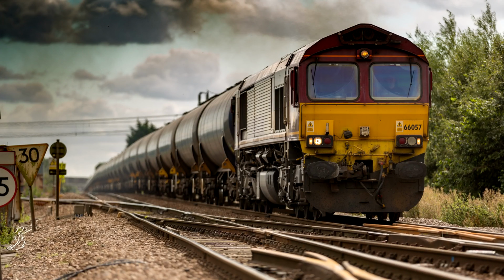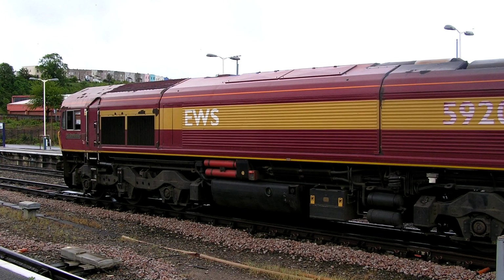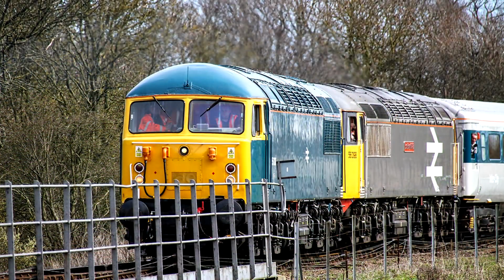The Class 66 has a quite long and interesting history, so I will do my best to keep this relatively brief. So, it's 1996 and British Rail's freight operations have been privatised. The main player in the UK rail market now is English, Welsh and Scottish Railways, more commonly known as EWS. The company is controlled by Wisconsin Central Transportation Systems, and it's inherited most of BR's historic fleet of approximately 1,600